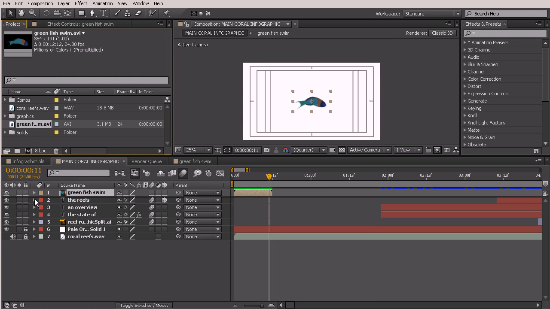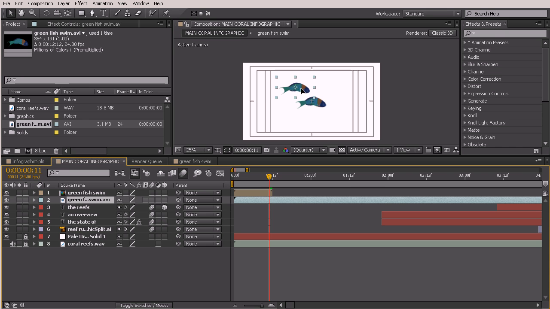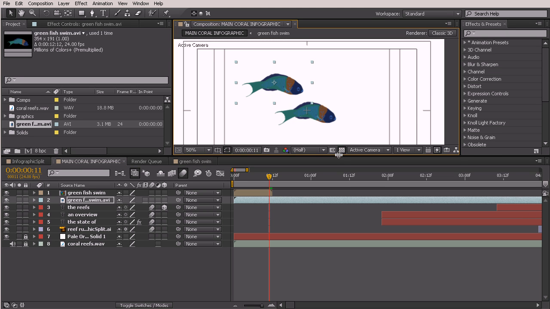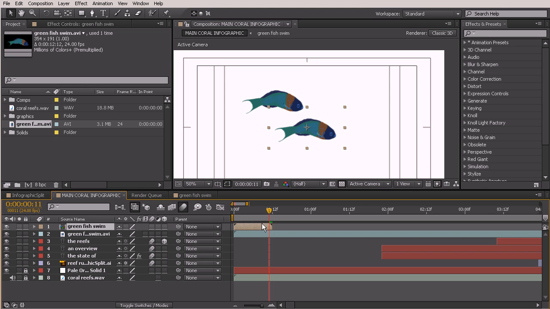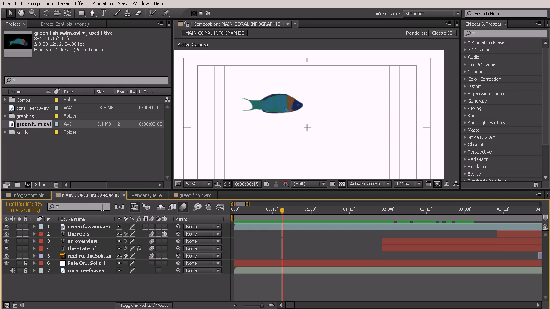And I'll just pull this onto my timeline. And if I move this up a little bit, you can see that that original layer with that shorter duration only lasts for those first 12 frames, but the one that we just told to loop lasts much longer. So I'm just going to delete the green fish swim comp off of the timeline, so we'll just delete that. It's still going to live in our comps folder if we ever need to make a change,